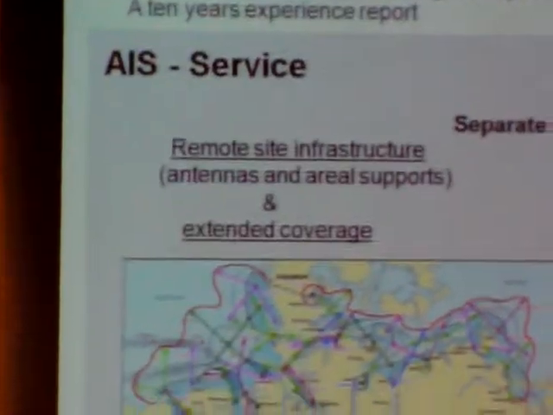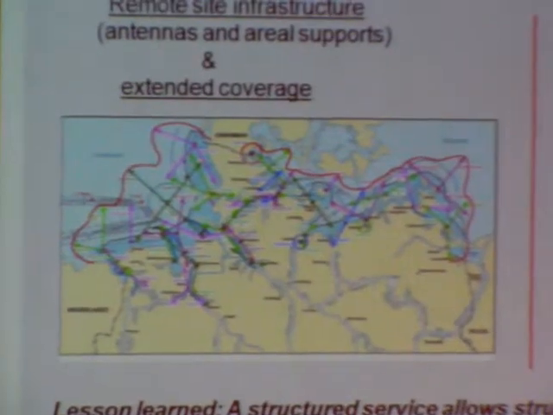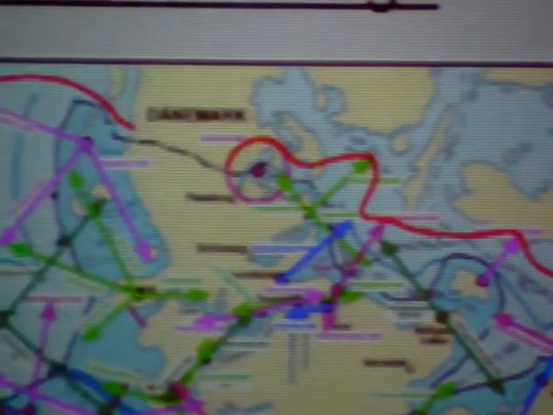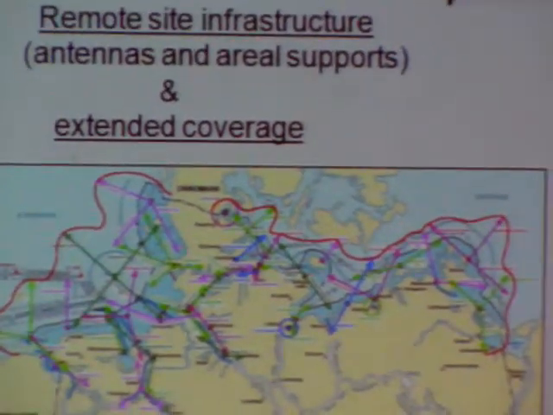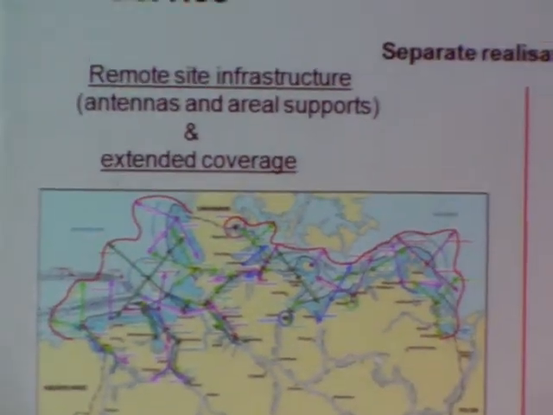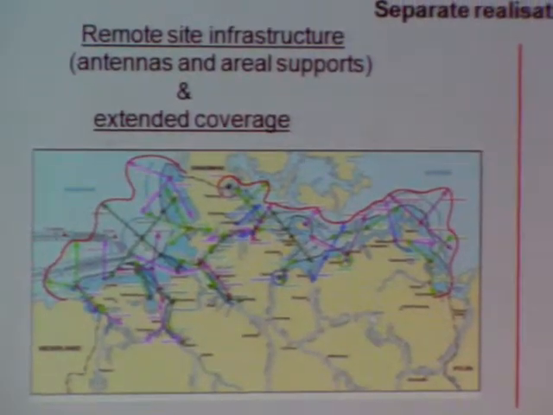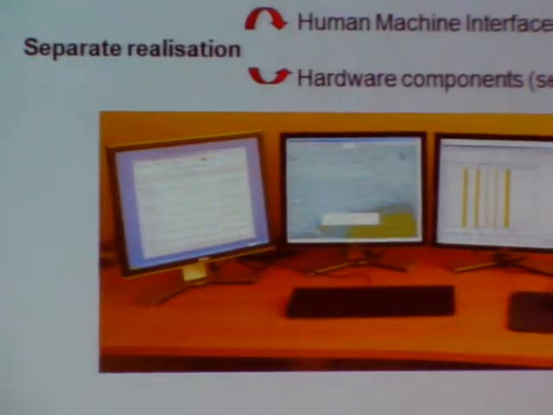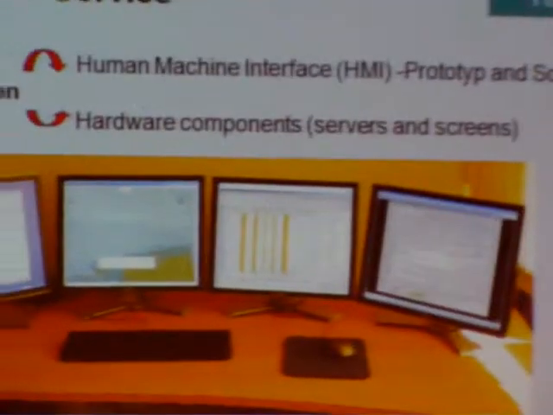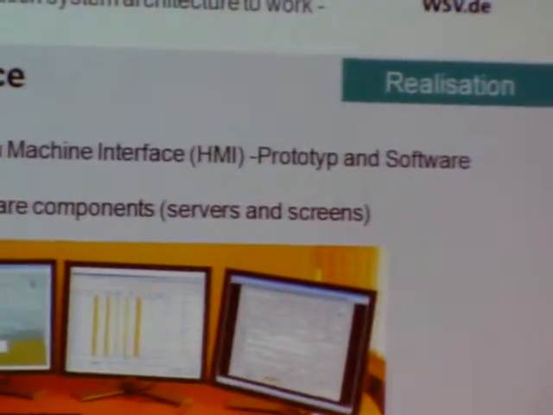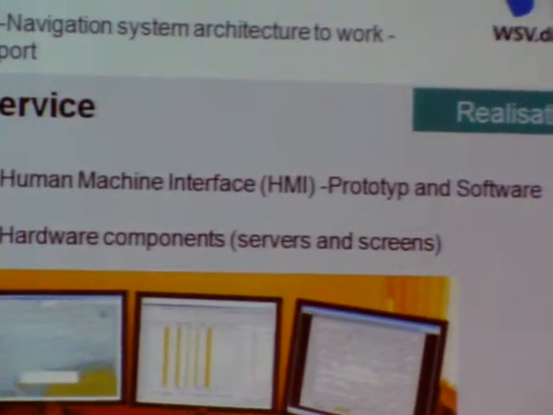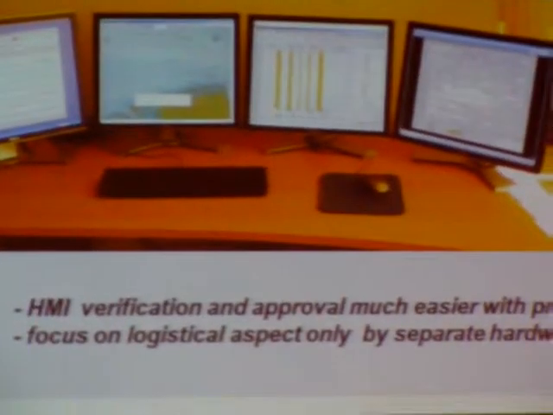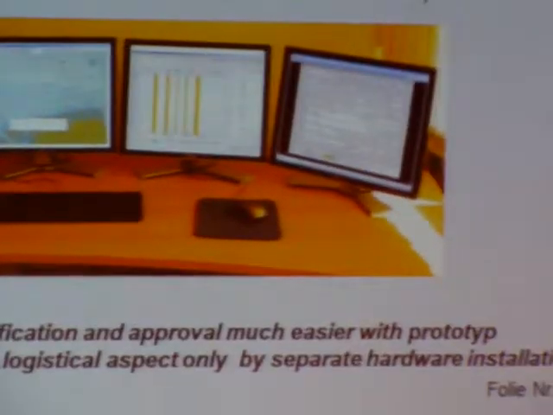So, the AIS service, the realization ran very smoothly because this was structured following the generic system structure, and also the implementation was done like that. The user interaction service we made in 2 steps. One is the human-machine interface we built as a prototype, with the advantage that we can do the verification